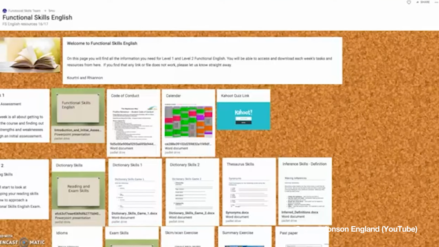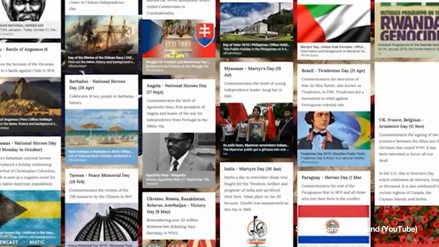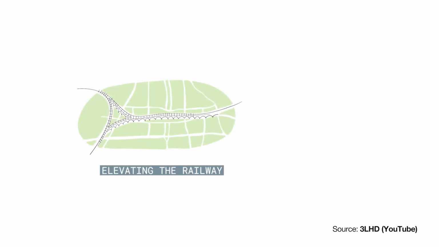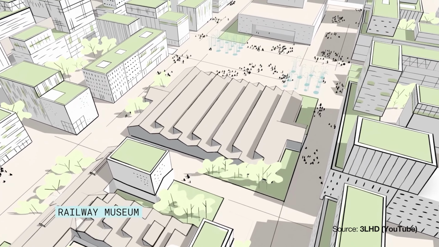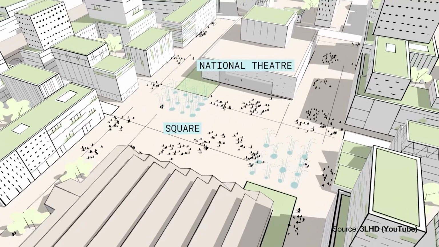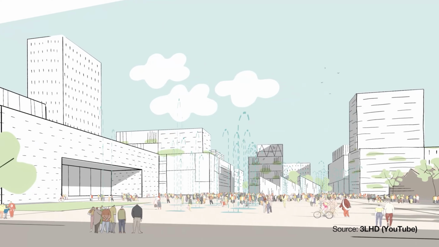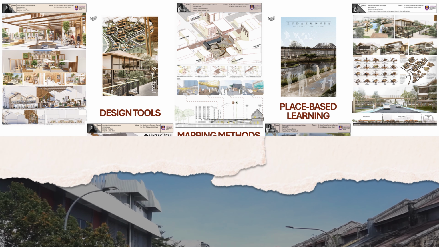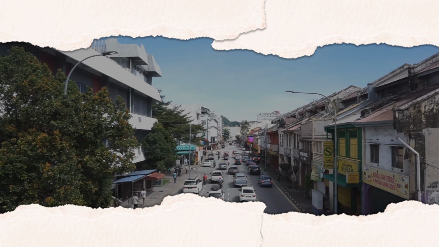But more than that, this approach offers a real shift from conventional site analysis to something deeper and more human. At the heart of it is narrative inquiry, where students learn to build design ideas from stories, rituals, and everyday experiences of the people who live in these spaces. In the end, what students produce are not just polished designs, but thoughtful, ethical responses to place. Rooted in care, shaped by empathy, and grounded in real, local stories. That's the kind of learning that stays with them, and the kind of design thinking that truly makes a difference.